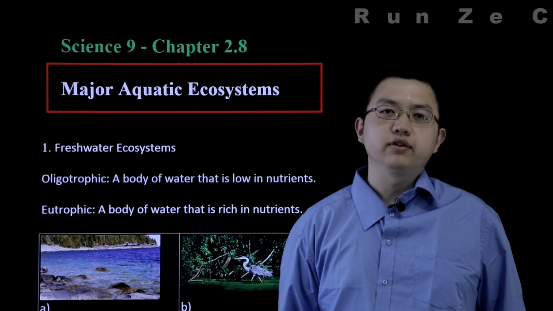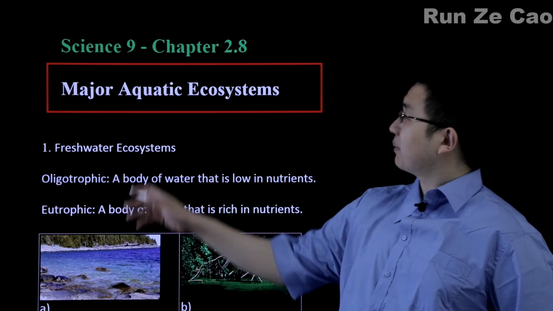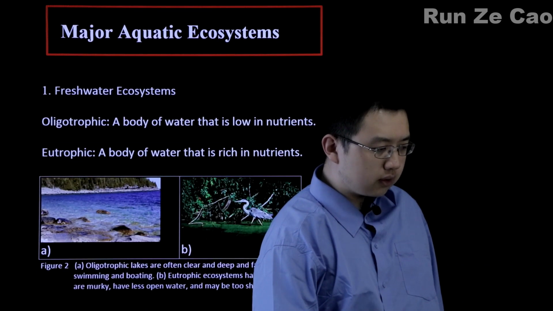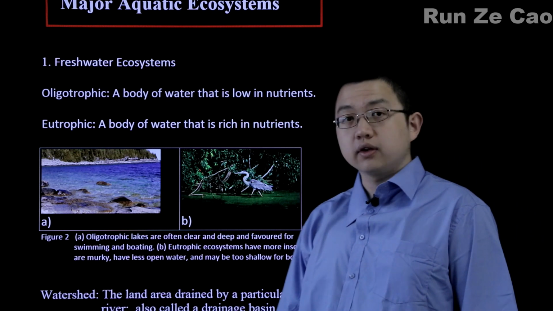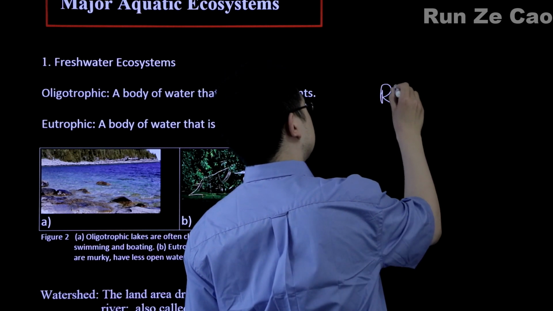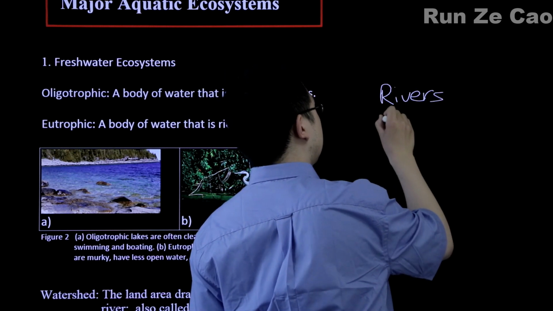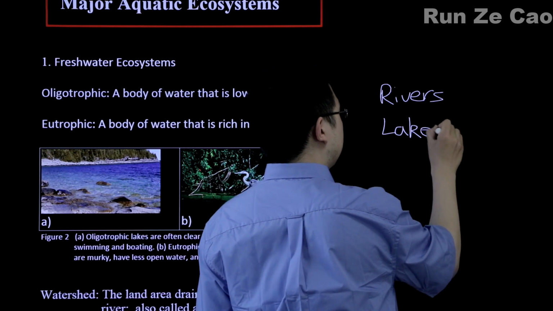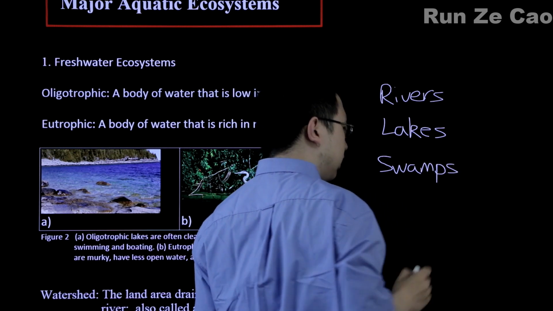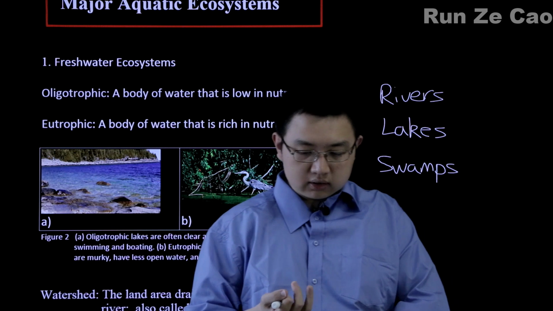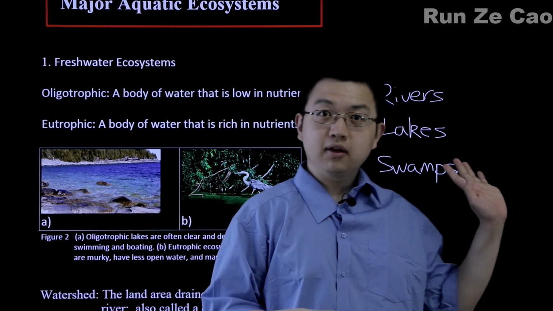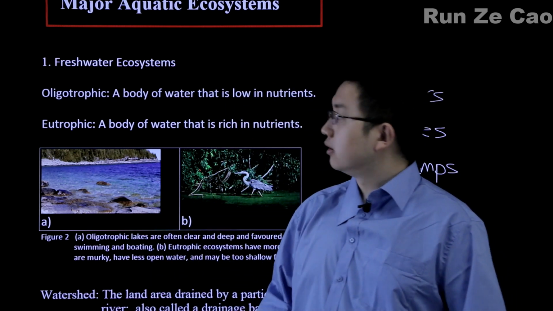We've talked about major terrestrial ecosystems, so of course our next step is to talk about major aquatic ones, right? Well, in freshwater ecosystems, we mostly tend to talk about lakes, unless you really want to study freshwater ecology, in which case rivers also matter. Rivers and lakes. Oh, and of course, swamps. Actually, there are several different types of swamp. For example, a bog, a fen, a meadow. Well, there are lots of types, but they don't really matter for us in grade 9.